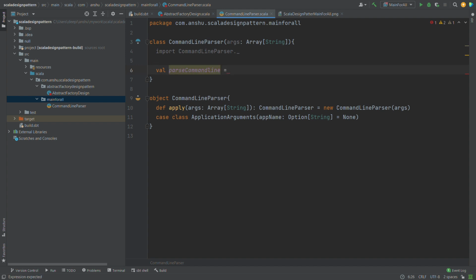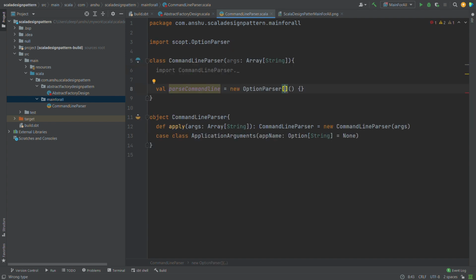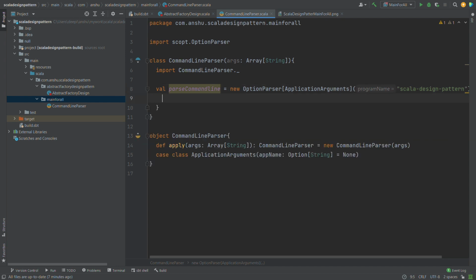Nice. So we are using option parser, so it's going to be new option parser, and here we are going to define the data type of what the command line, so it is going to be application arguments. Next we are going to define the type of the app, so it is going to be Scala design pattern. Now once we have done this, now we have to define the values that we are going to pass. So first thing is it is going to be option of string. How we are going to take it, either it is going to be a or it is going to be